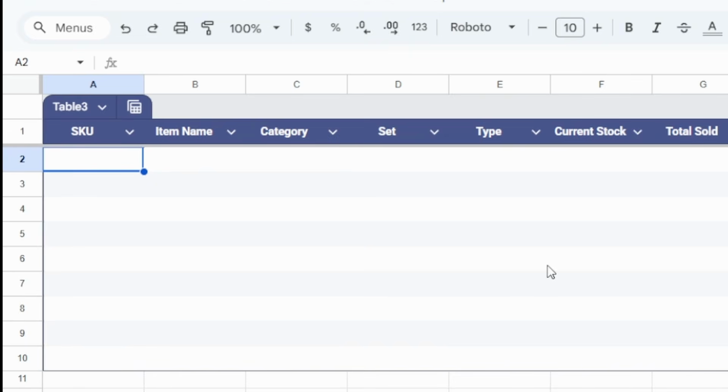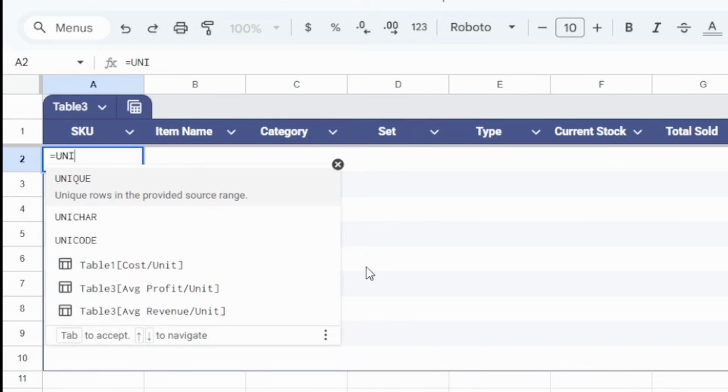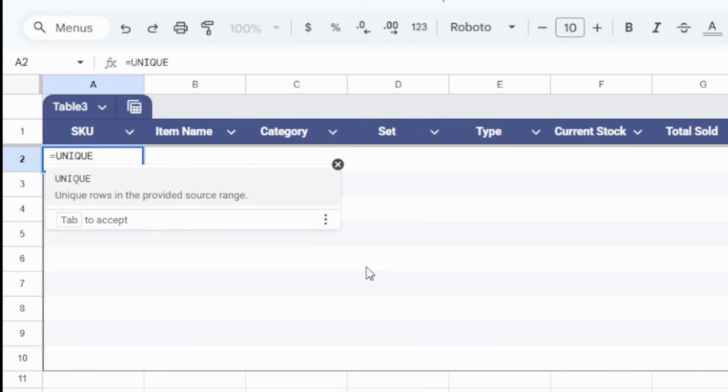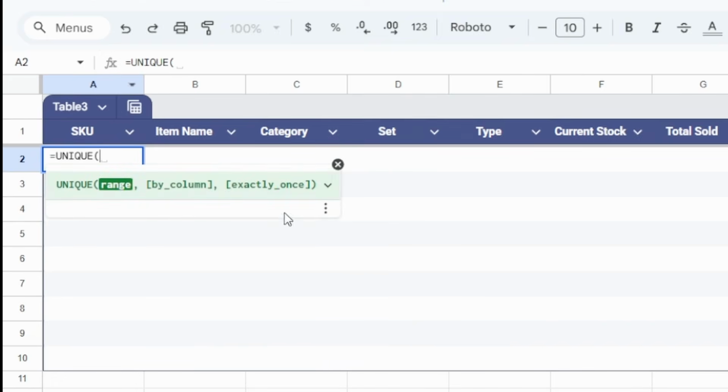We're going to use some of the filter type formulas that are a little bit different from your regular formulas. For this one, we're going to start with a unique formula. Google Sheets is great because it tells you what the things do. What it's going to do is check a range,